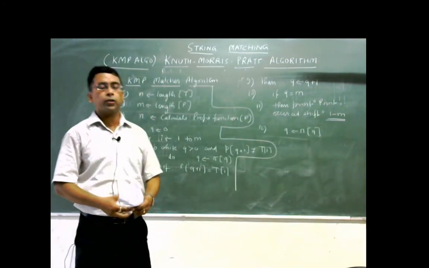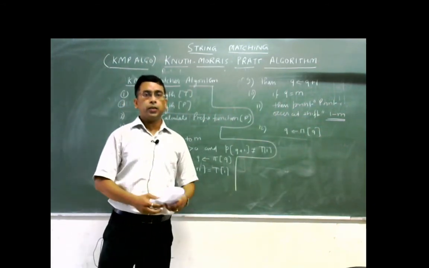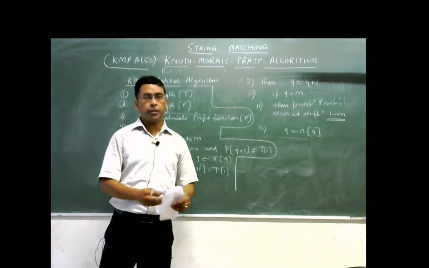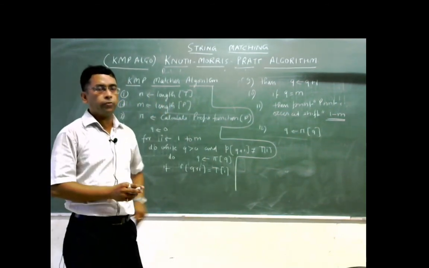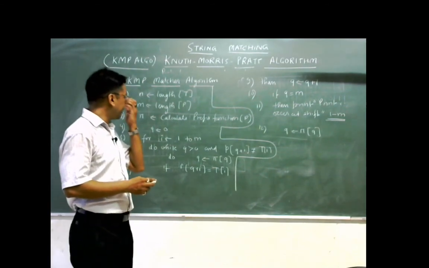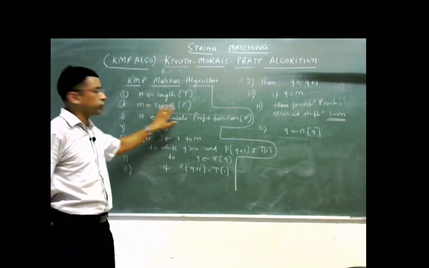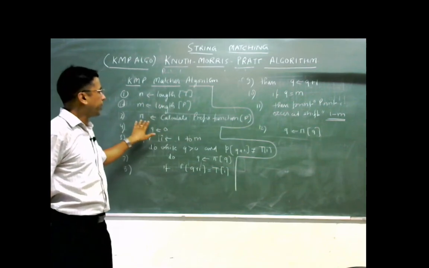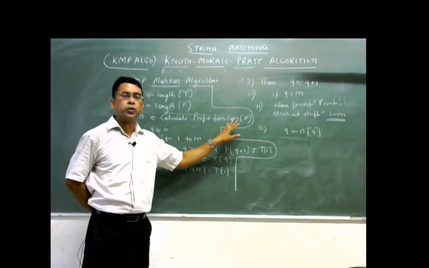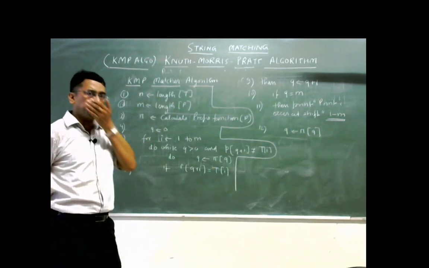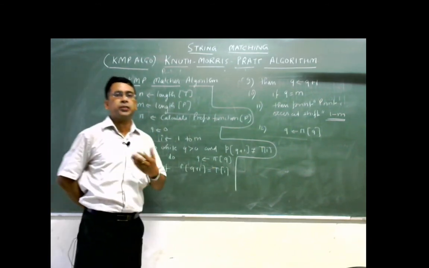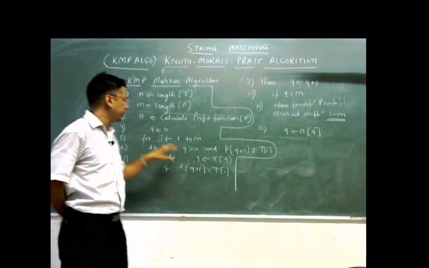This is the final algorithm, but in exam mostly the problems comes to define the prefix function, but I am going to define you how the KMP algorithm works. Here, suppose n is the length of given text and p is the length of the given pattern, and pi is, first we compute the prefix function for the given pattern. After that, for q is equals to 0, means first we consider that there is no matching,